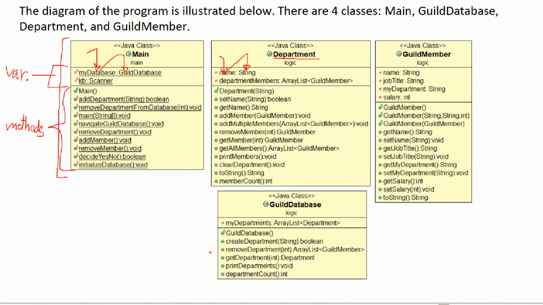Methods that you can call or you must implement in order for other parts of the program to call. All right. So in this design, what we will be implementing is parts of guild member, some methods in here, some methods in here, and some methods in here. And also, I think just 2 methods in here. All right. And how this program works is that,